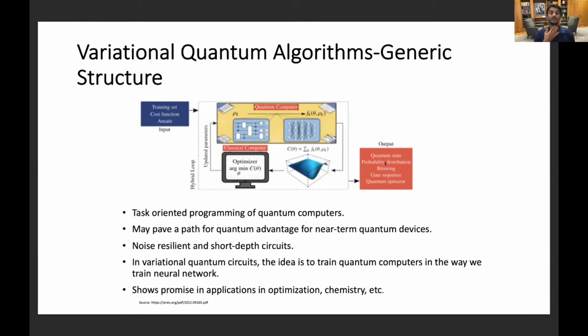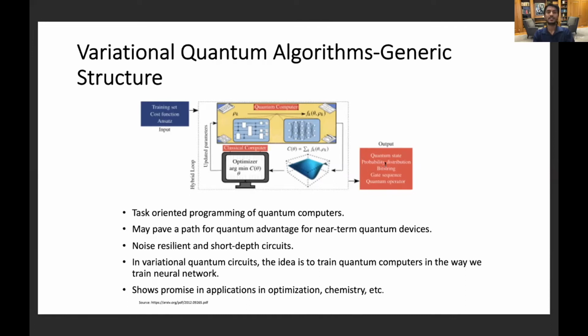works very well for NISQ devices, and there are some features of this model. One is that these are very task-oriented programming of quantum computers. It's not like this would work for any problem that you want to solve with a quantum computer. There are only certain kinds of problems that can be solved with this kind of hybrid model, and these are